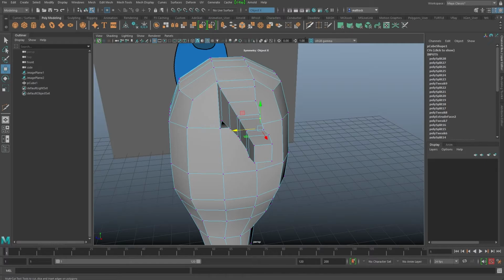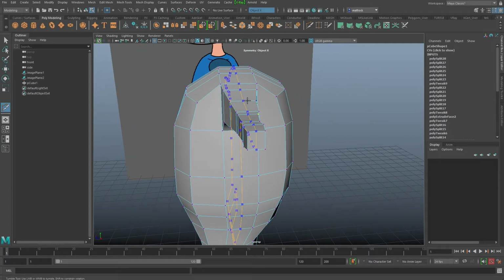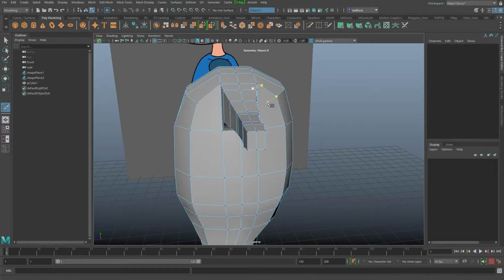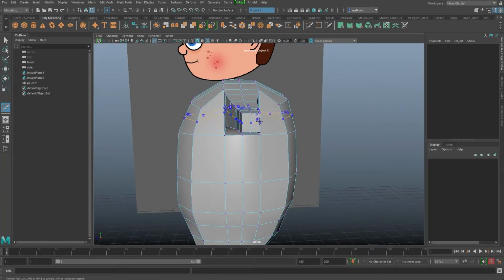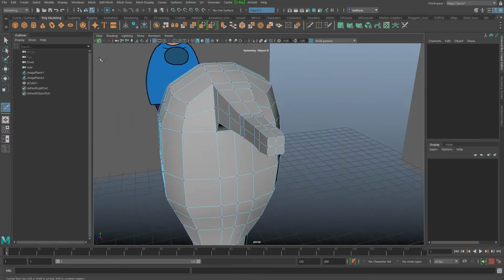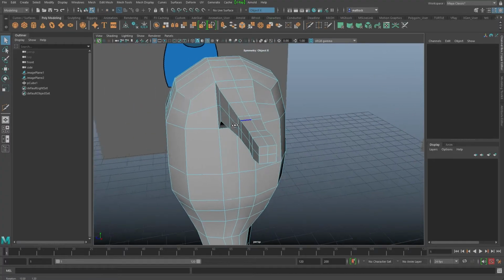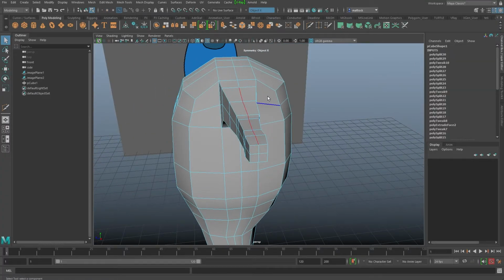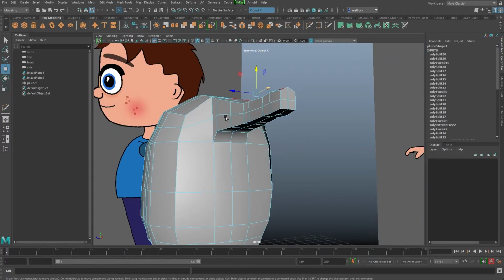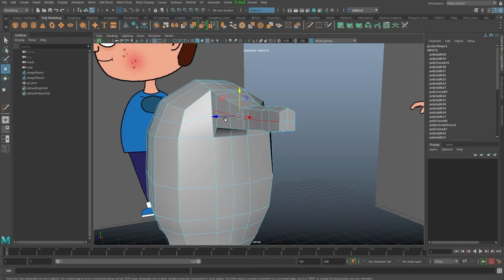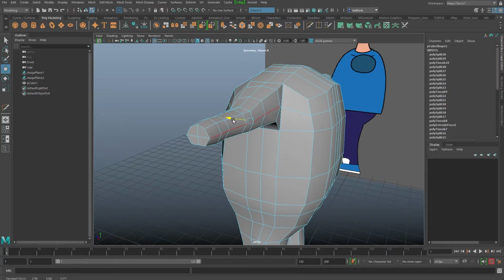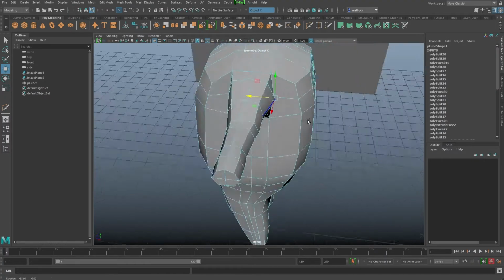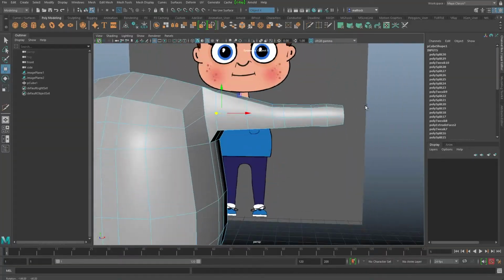That's good. Let's add in a center edge loop so we can get a bit of curvature going. So I've added in another edge loop here. And I'm also going to go right the way across, using my multi-cut tool right the way across, so we can start getting a bit of curvature in. So let's double click here, move this up. I'm going to move this out. And as you can see, I'm just reshaping, getting some nice form in the arm.